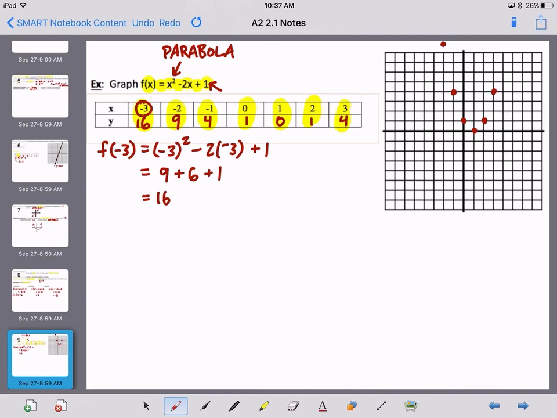And if you were to plug in 4 for an x value, you would actually see that you'd get +9 out. So notice that those are symmetric, which parabolas always are. And we're going to do our best to draw a nice smooth curve through those points. And that would be the function